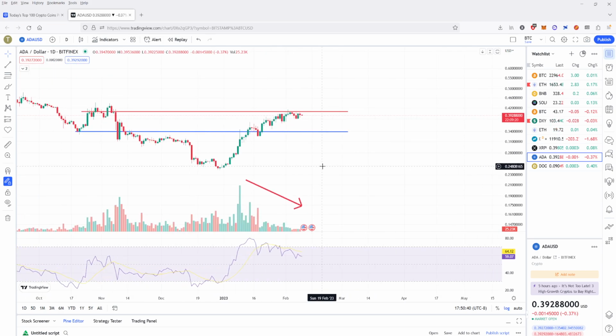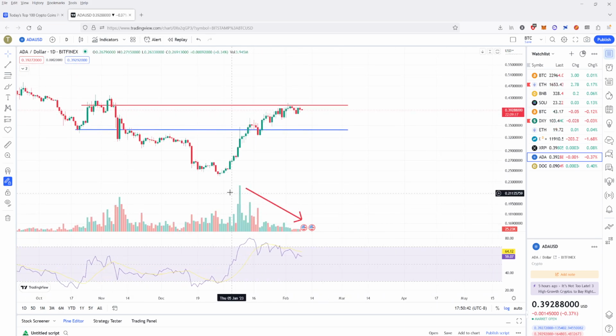But again, if we take a look at the fact that the volume is decreasing and the RSI is decreasing, I think what we're probably going to wind up seeing here with ADA is a pullback in the price, maybe even a retest here of 33 cents. It's entirely possible that it could go sideways for a little bit while the market is figuring out what to